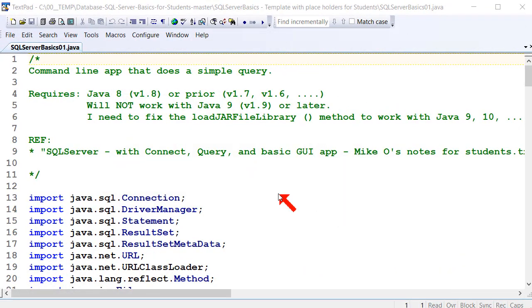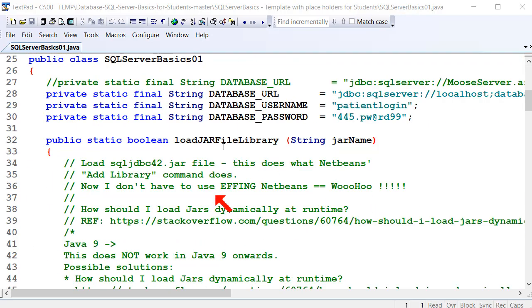Okay, so in the last video, we saw how to access SQL Server databases from Java from first principles. We took charge of loading the jar file. We had a quick look at that load jar file library method, which is just down here. There it is. And then we created a user in our SQL Server database, and we set them up